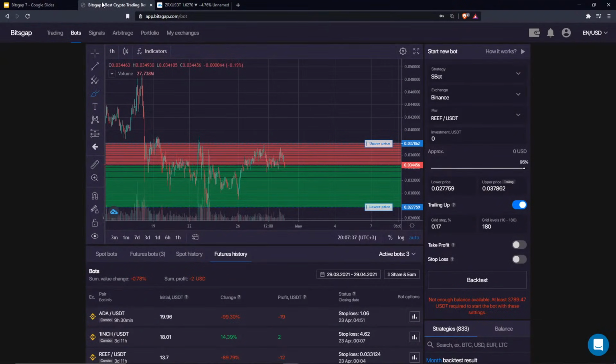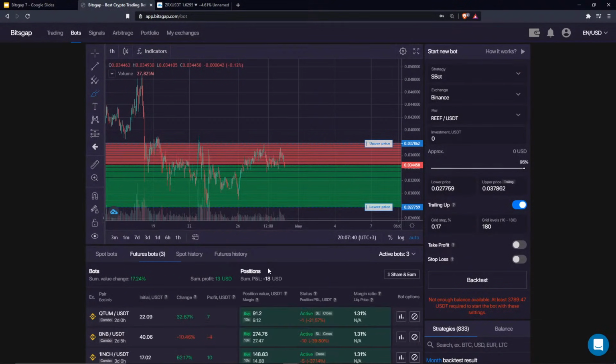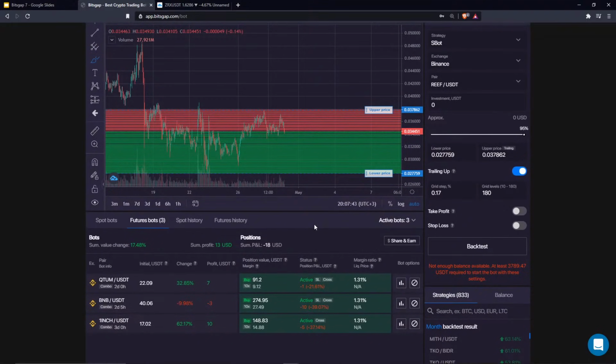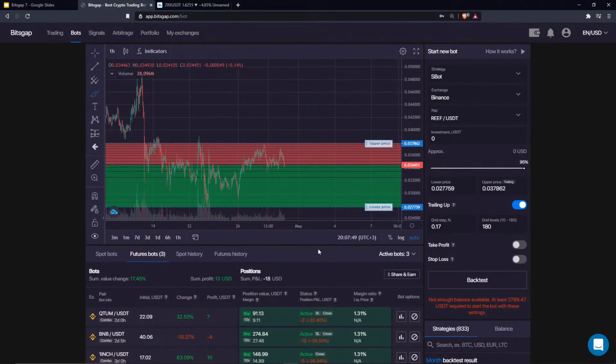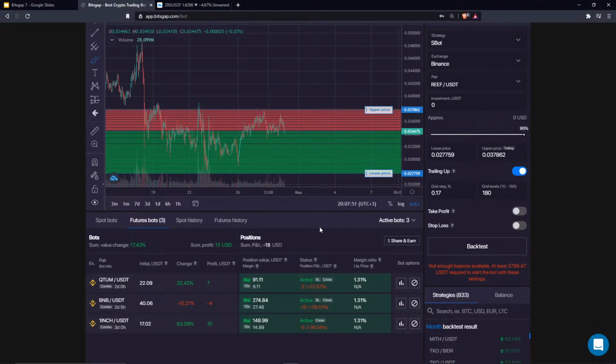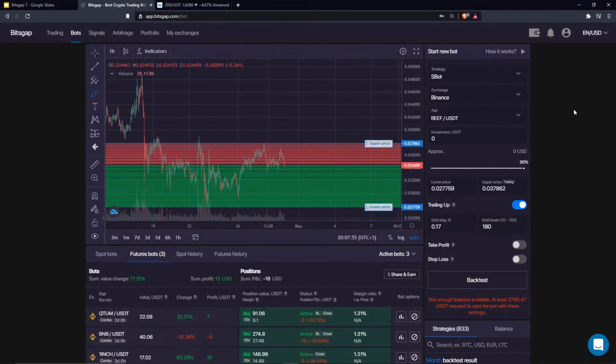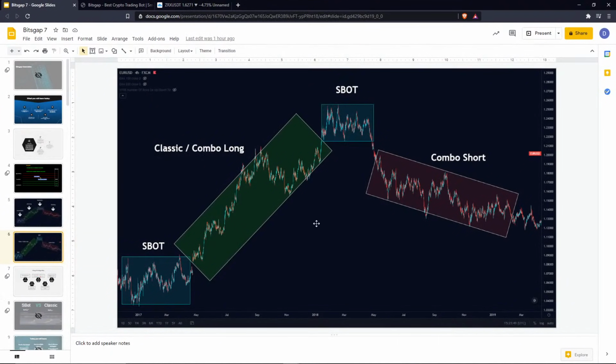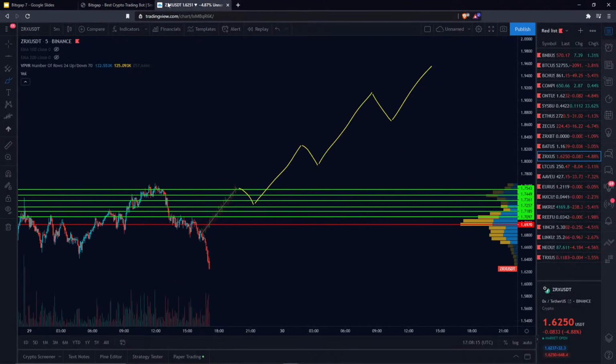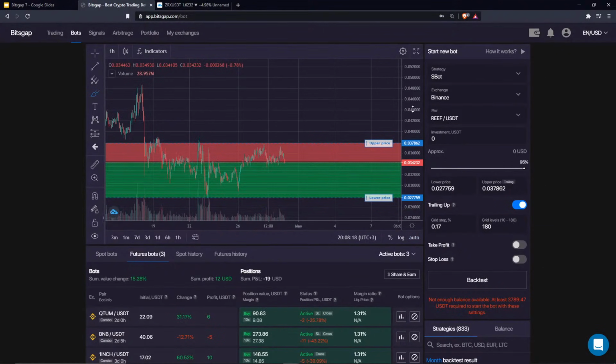Okay, so far 3 bots explained, and maybe next time we will have a webcast just dedicated to the Combobot, where I will show you more use cases and more tips and clues. The agenda of today was to show you all 3 bots and all market scenarios when you should stick with the classic bot or the SBot or the Combobot. Okay, so we have this clearly outlined on the chart you see right now,